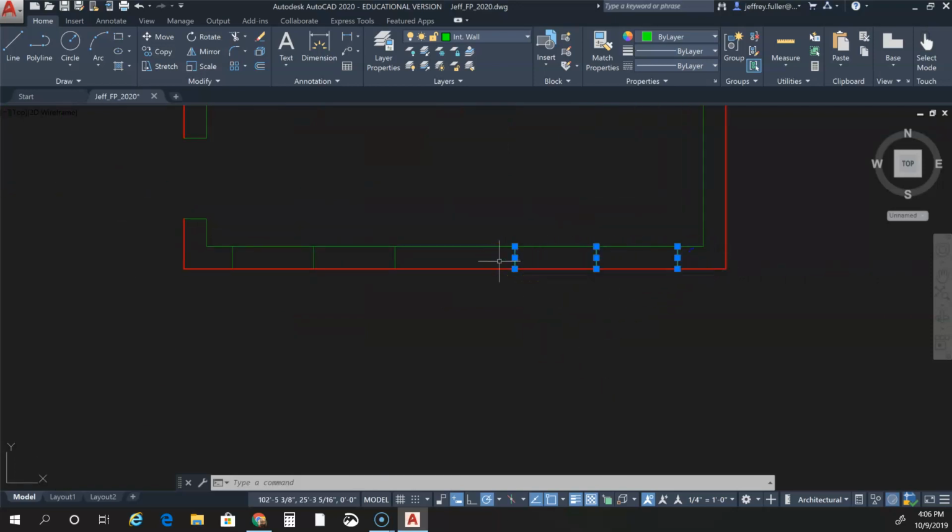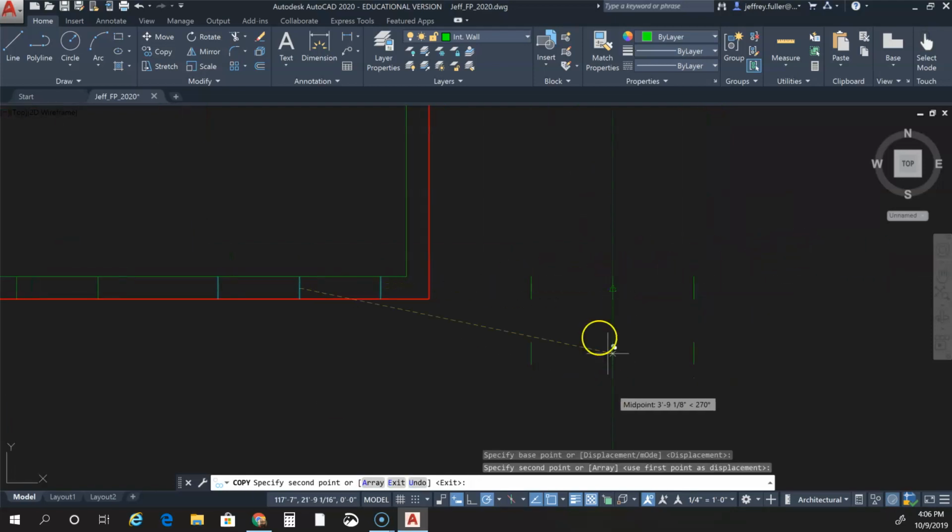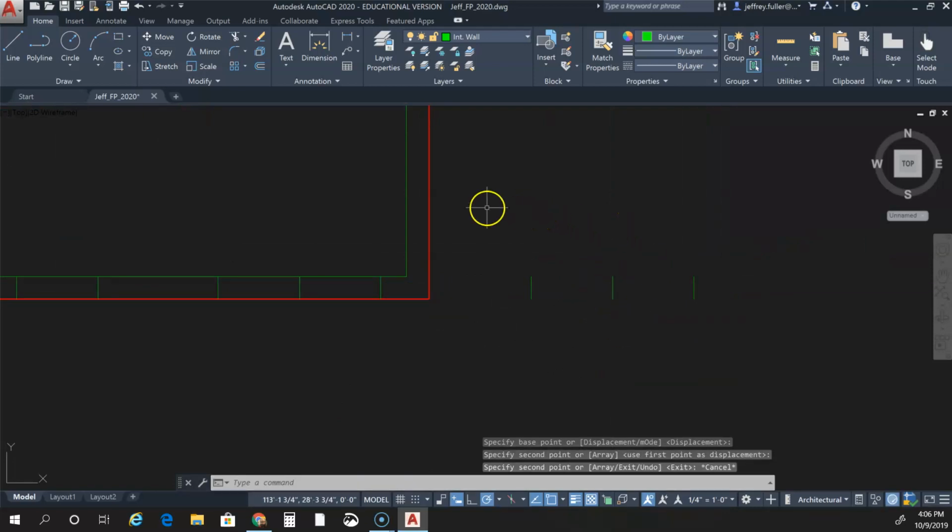So I'm going to select all 3 of those lines again. I'm going to click on the copy tool, which is right here. And it's going to ask me to specify a base point. So for now I'm just going to click anywhere. I'm going to move it out to the side. Okay, now since I'm going into this wall, I have to rotate it. So of course I should have just left everything selected